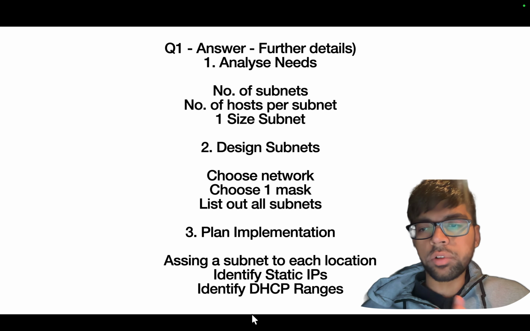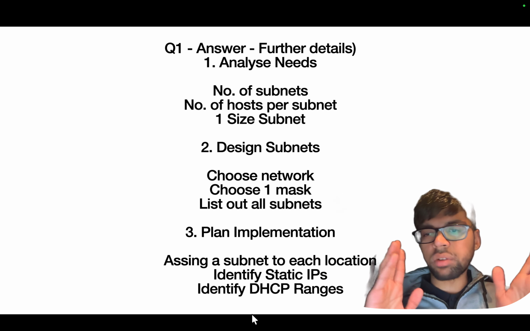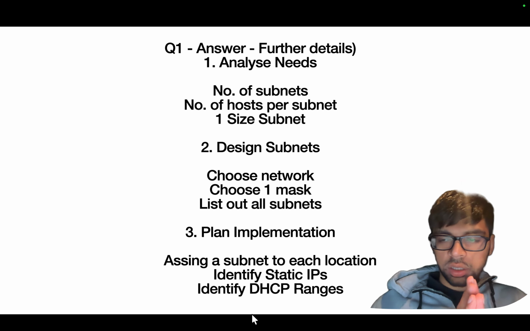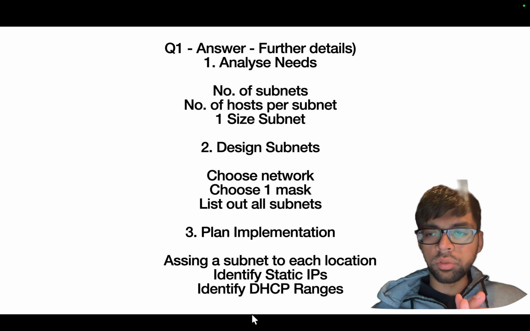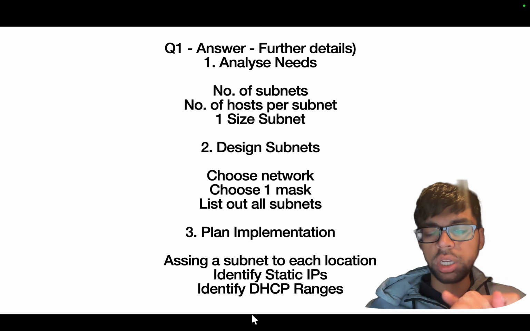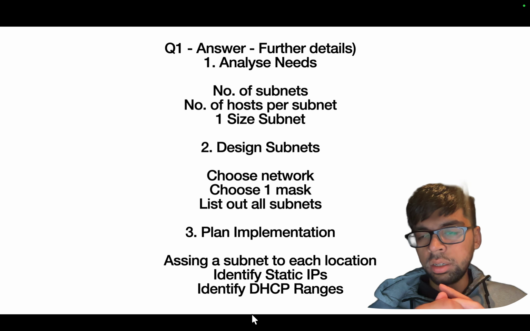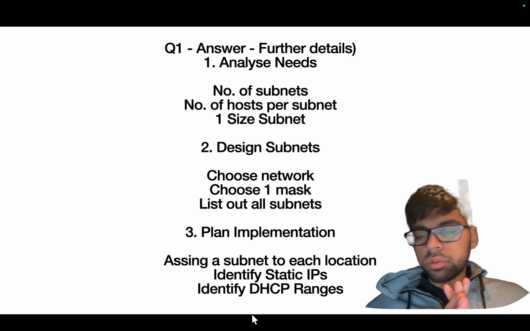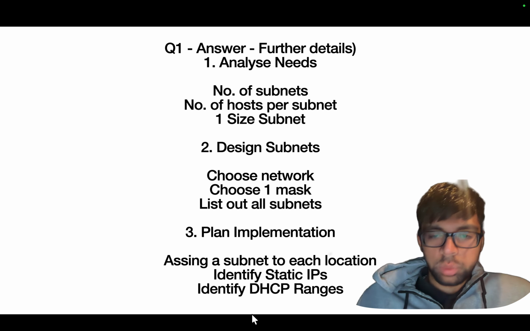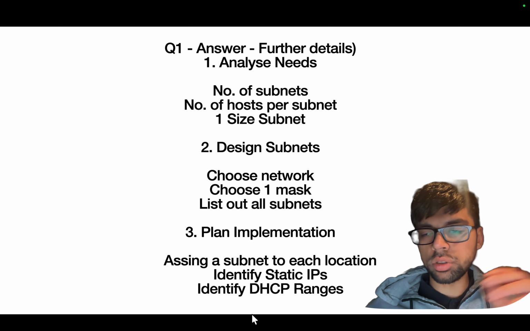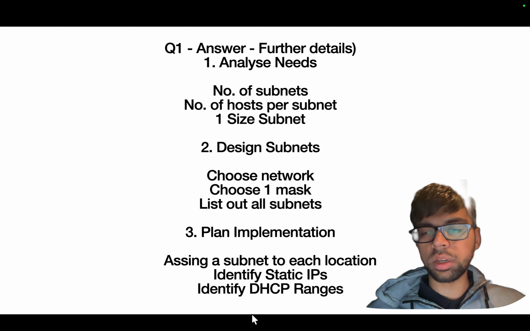So if we've got several branch offices, for example, a banking firm based in California, with a branch in Los Angeles, a branch in Palo Alto, and for example Cupertino and Santa Clara. We need to assign a subnet for each location. So we assign subnet 1 to Santa Clara, subnet 2 to Los Angeles, subnet 3 to Palo Alto,